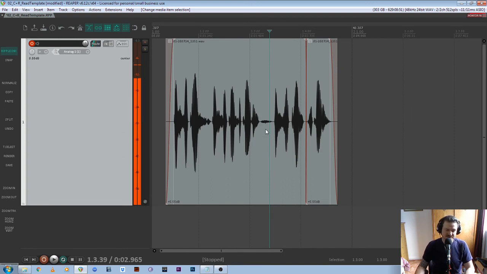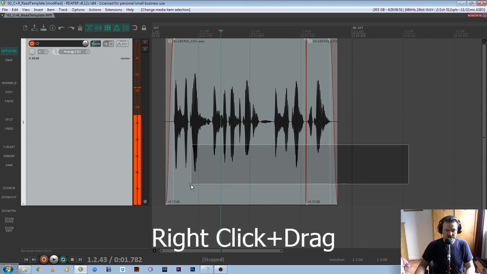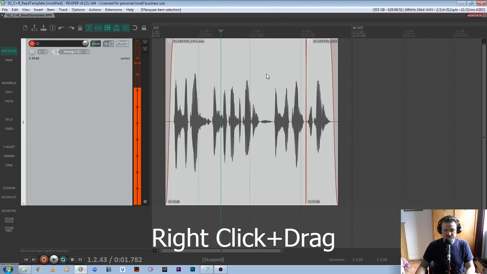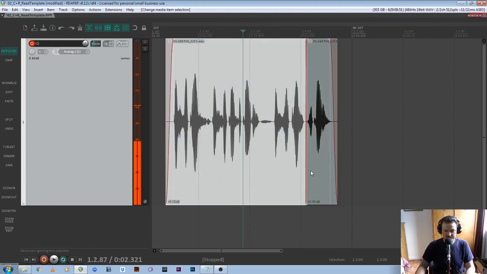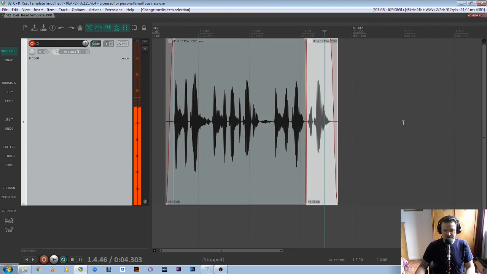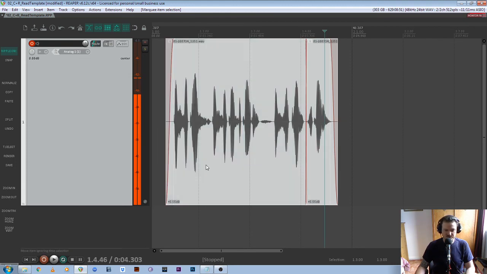Okay, now that we've done our edits and we've got our fade-ins sorted, our file is ready to go. So we're going to export it out of Reaper. So what we need to do is take your mouse, and right click and drag around the files, make sure they're all highlighted. So you don't want this and you don't want to be doing that. So if we right click and drag around all the files that we want to export, now we're going to set our left and right markers, because everything within the left and right markers will be exported. So if I hit time select, this button here,